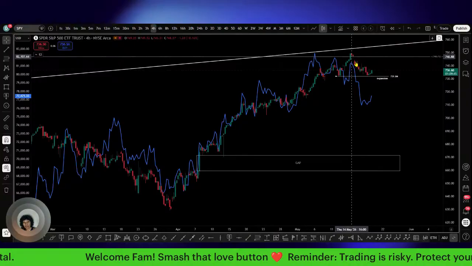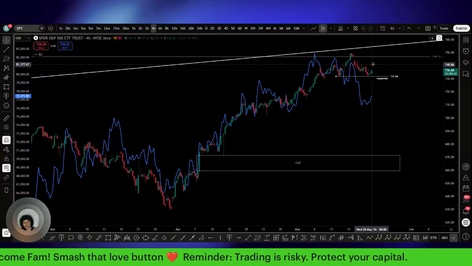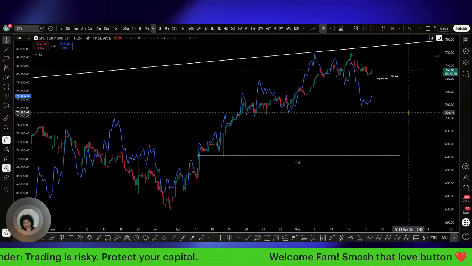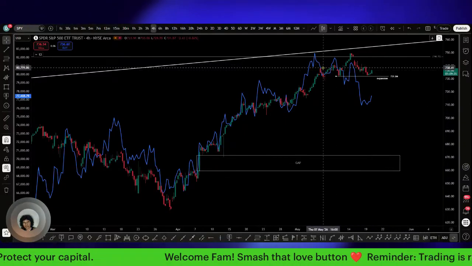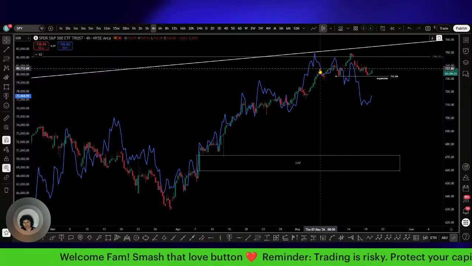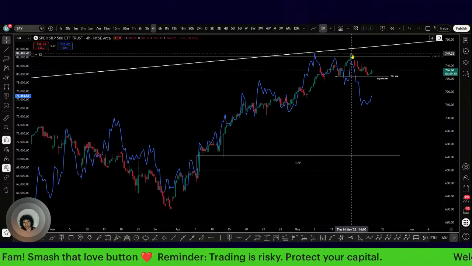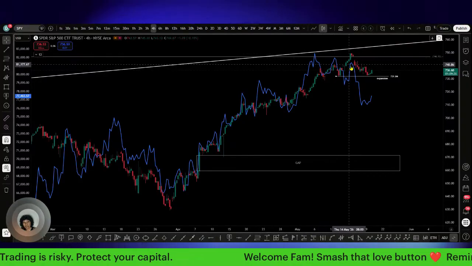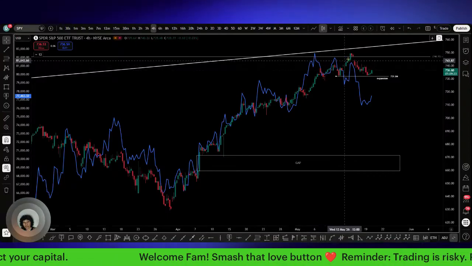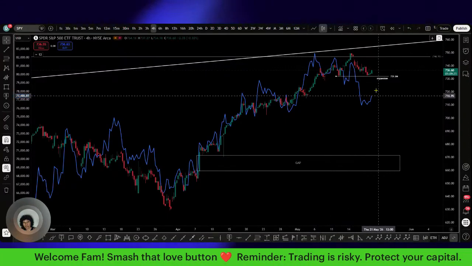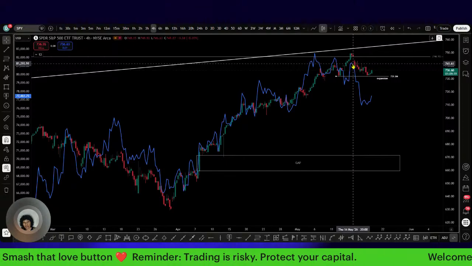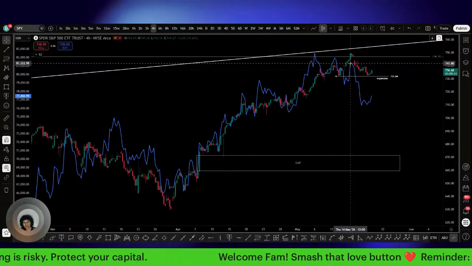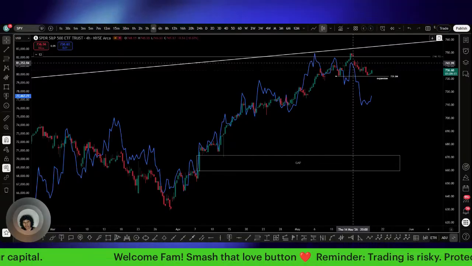Like we bounced right in here. So come on, SPY. I need for you to do a little bit better right in here right now. I know a lot of people took this short right here. So you can see SPY at this point is bear diving right here with these 3 highs, as Bitcoin had 3 highs getting lower and lower. These 3 highs right here were getting higher with the bear div right there. I know a lot of people took the short off of this one right here, which I would have to say is a good call. I have to say that's a good call.